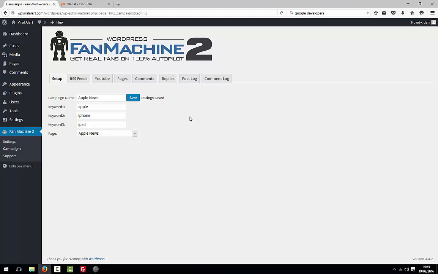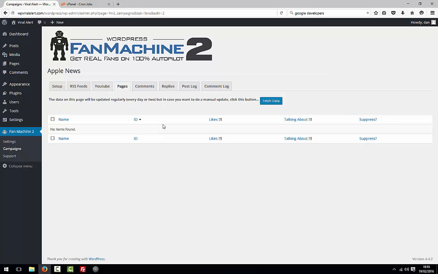The reason you use these 3 different keywords is that it determines which pages the plugin will then start engaging with and getting you fans from. So if we now go to the pages screen here, you see initially it is blank. This will be automatically updated by your cron jobs every day. However, as we've just set this up, there will be no data in it yet, so we can do a